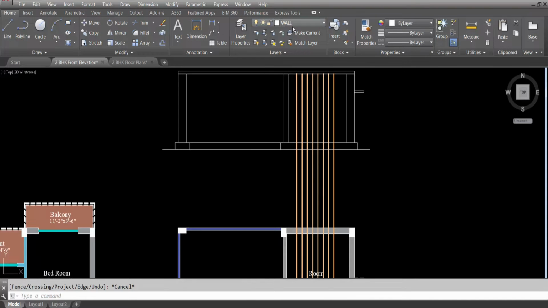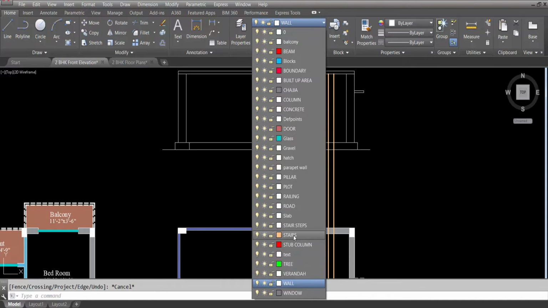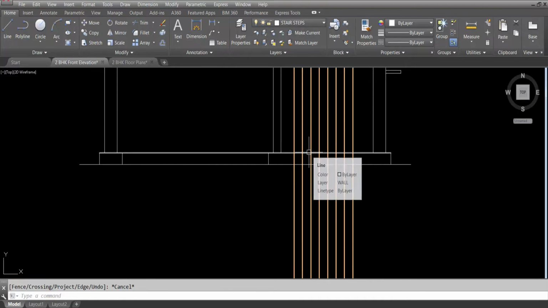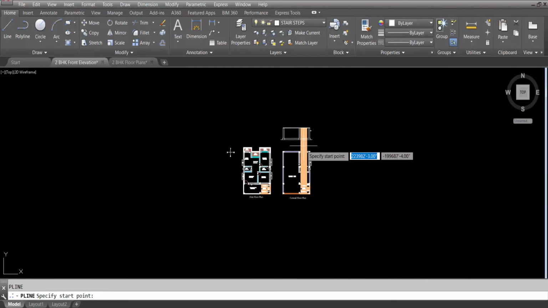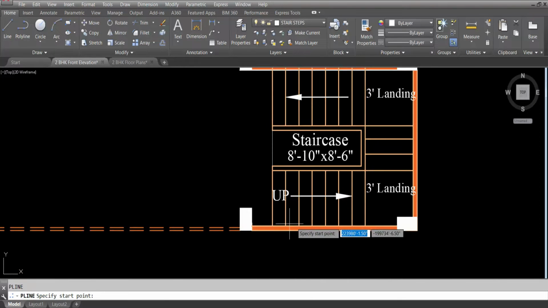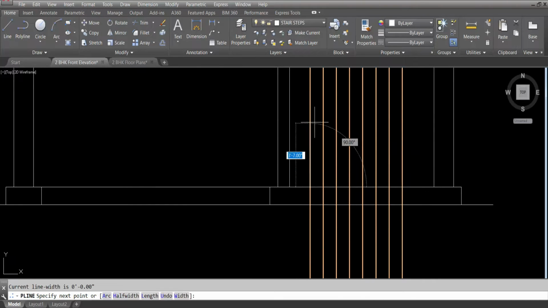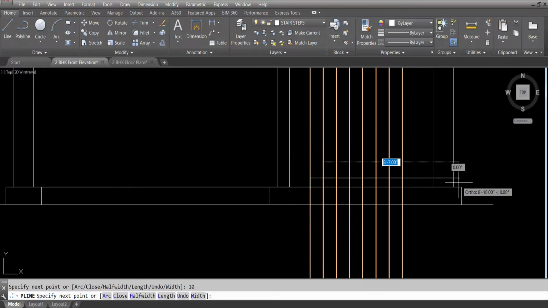Now I will create here. So make stair steps layer as current layer. Now take polyline. So I'll start from here. Riser height 6 inch, tread 10 inch. Okay, I'll start from here. Click here. 6 inch, 10 inch, 6 inch, 10 inch. Like that we have to continue till the first landing 6, 10,